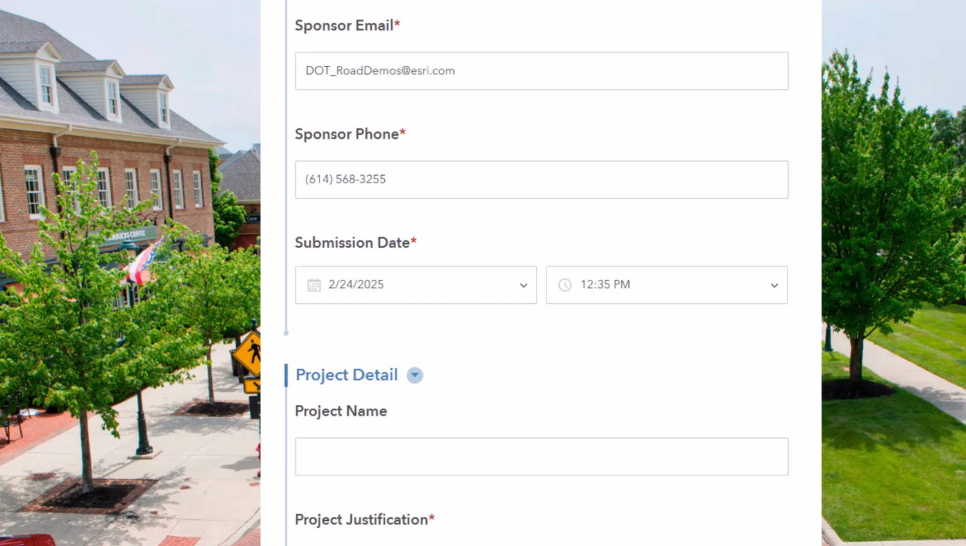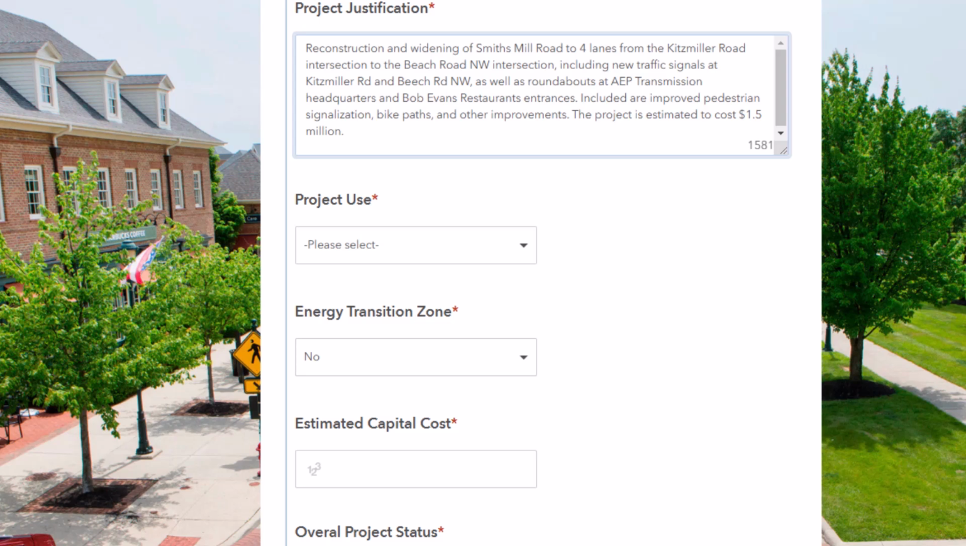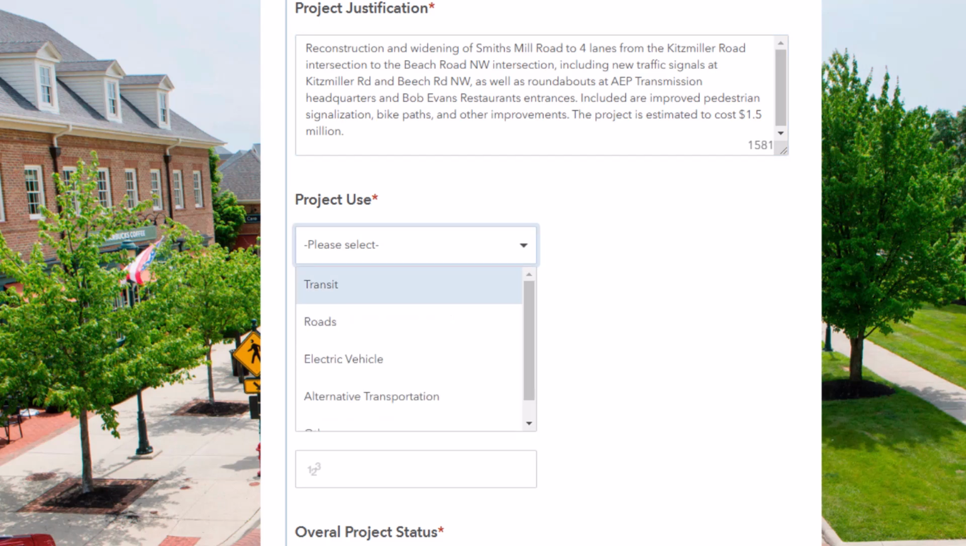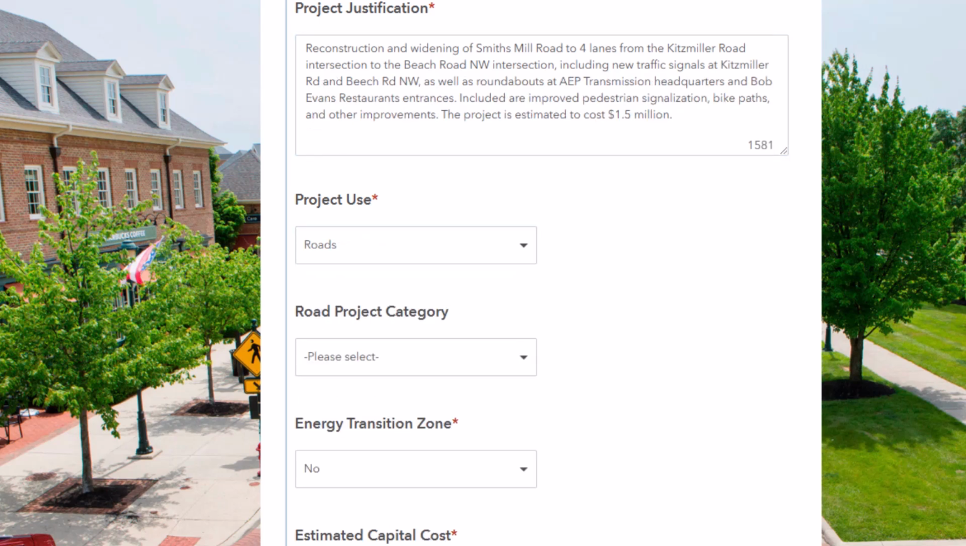We need to give our project a name, and we need to give our project a justification statement or a description statement. Next, we need to specify the project use. This is a roads project, and when we answer that question, another category opens up that asks me the project category,